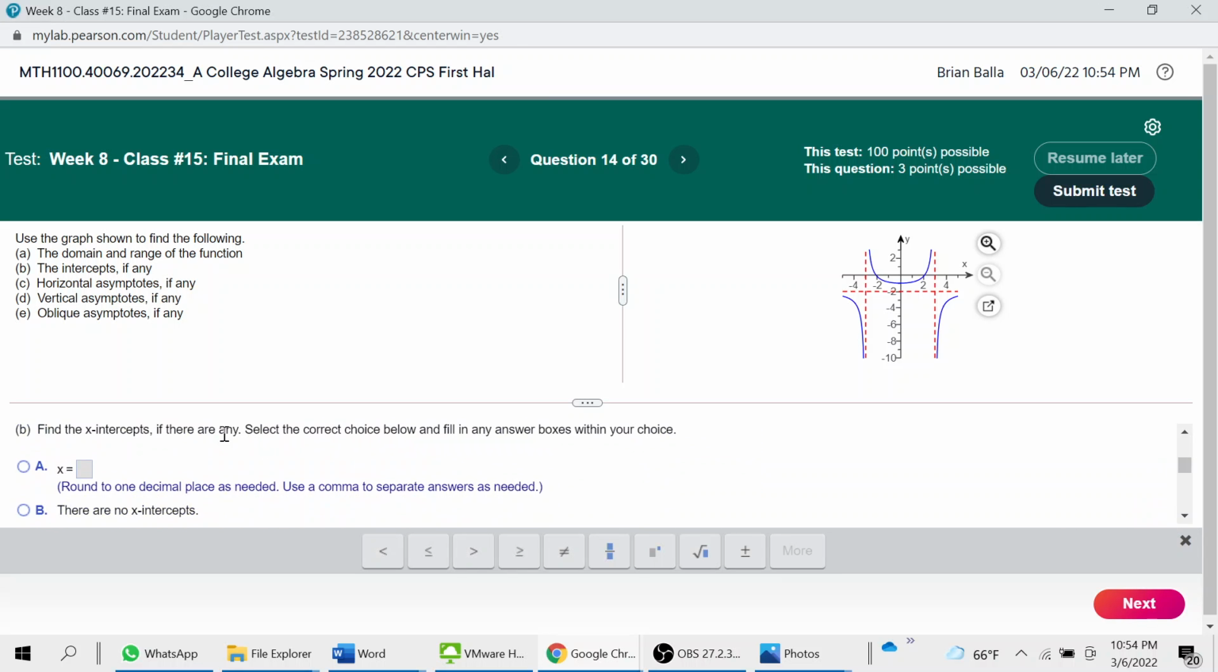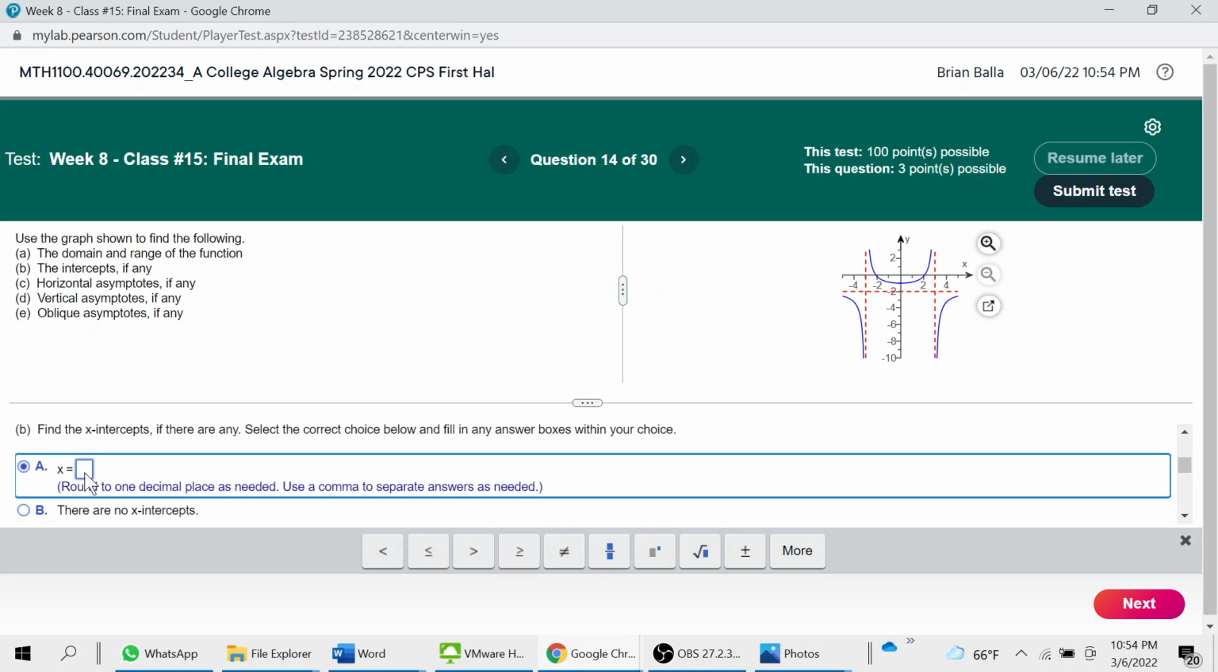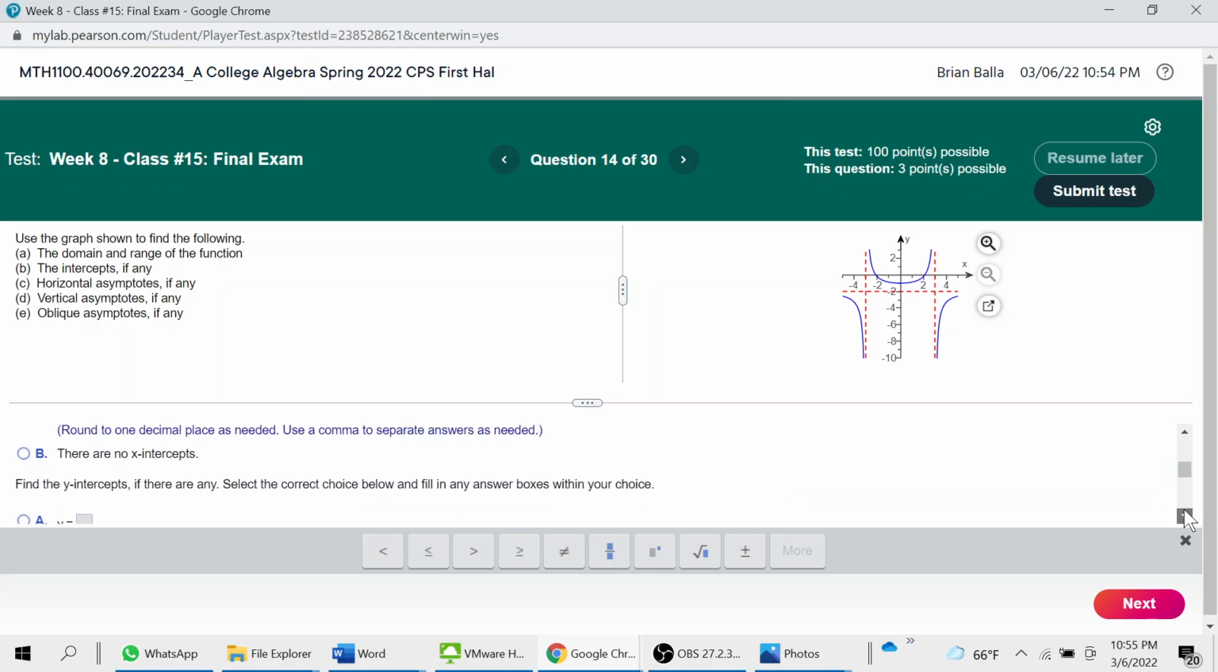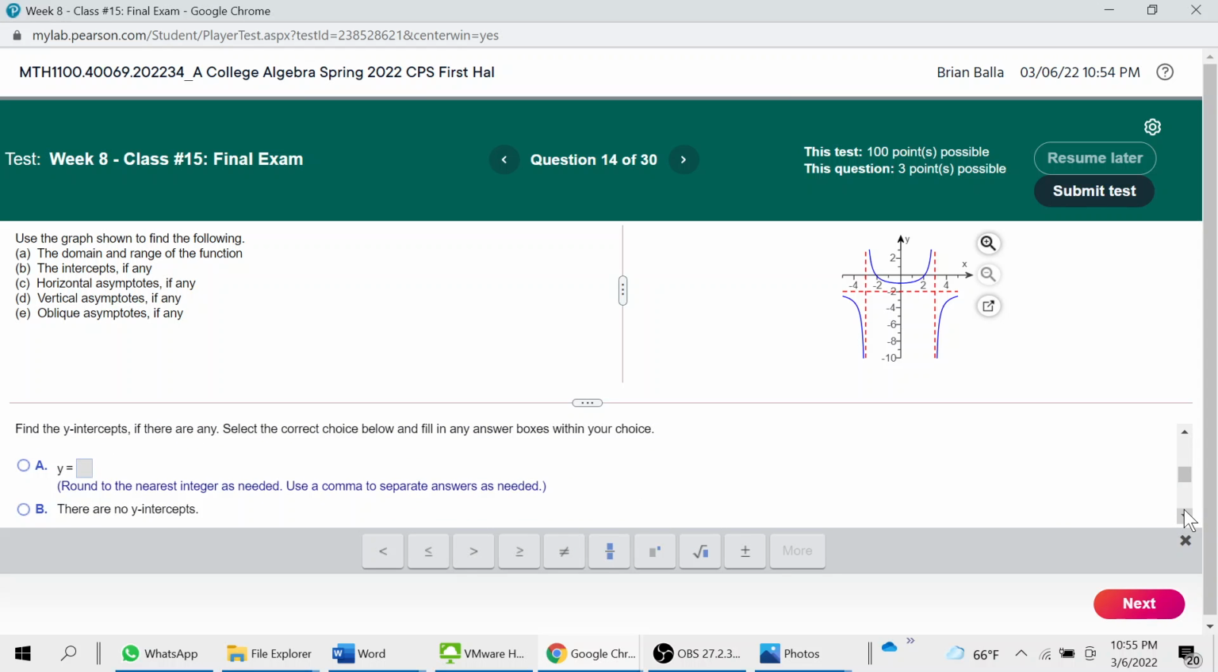The x-intercepts here are, according to the graph, -2 and 2. Oh,